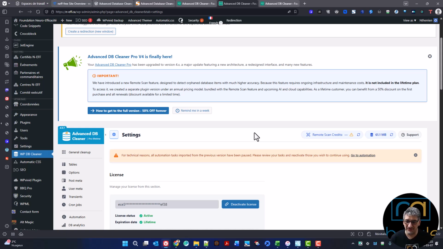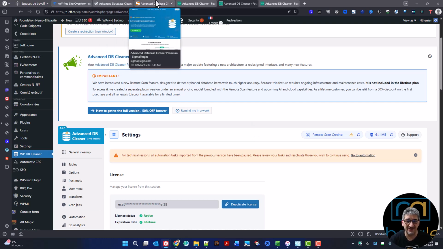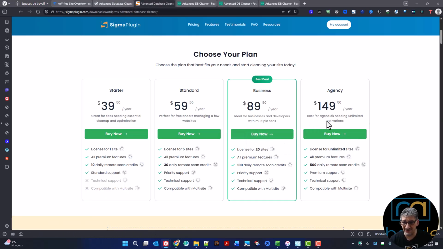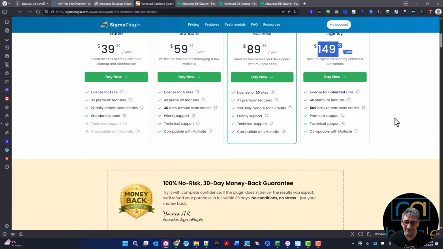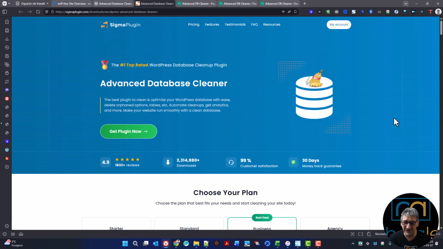So is it worth it, in my case, because I need more than 20 sites, is it really worth $75 a year versus if you already have the lifetime deal, of course, is it really worth the difference? If you don't have the lifetime deal, I would say, yeah, go right away with the Advanced Database Cleaner or another solution. I don't want to talk about that in this particular video, but David McCann from WPTNG